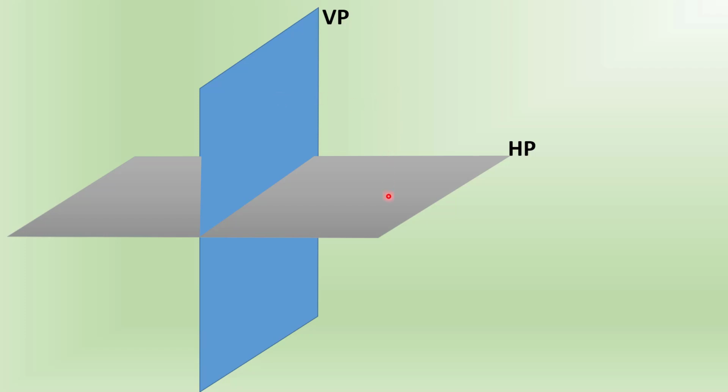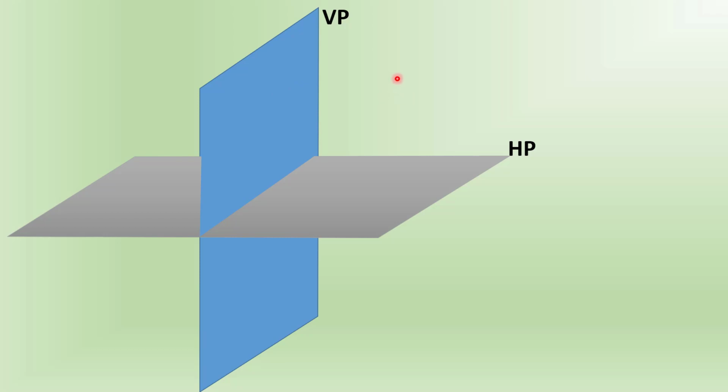The next step is to obtain the image of the object on the vertical plane as well as on the horizontal plane. Now, in order to get the image of the object on the vertical plane, we'll place the object and observe the object from the front, that is in this direction. So suppose the object is lying somewhere here, and if you are looking at the object from this point, you can see that the image of that object lies on the vertical plane.